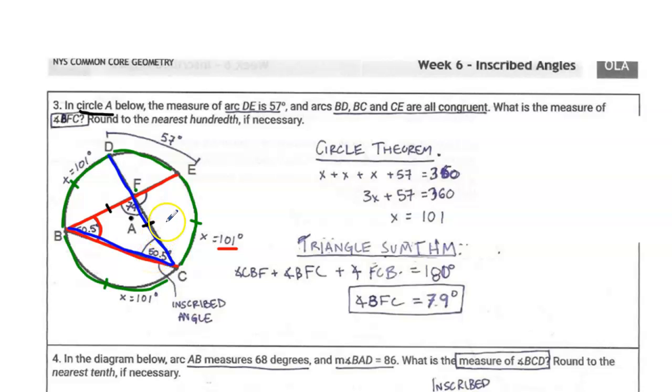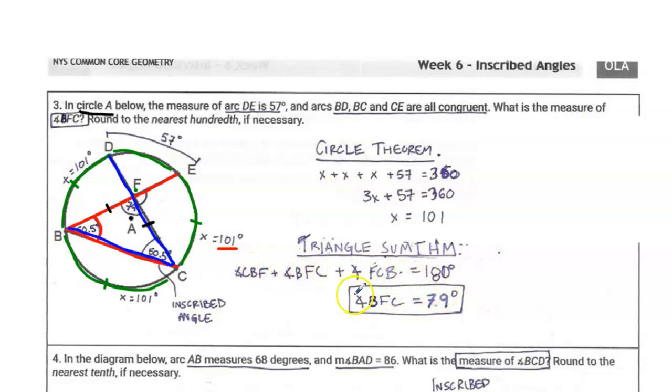I didn't need to know that for the problem, but I could have used it for another different type of problem. One thing I do need, though, is the measure of this angle, because this angle is going to help me find this one. This angle is 79 degrees because the Triangle Sum Theorem says that all three angles added together are equal to 180. And then if I substitute the things that I know in here, the 50.5 and the 50.5, and subtract,